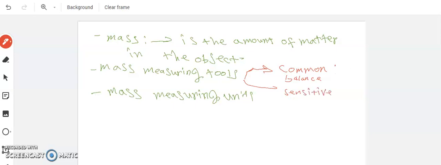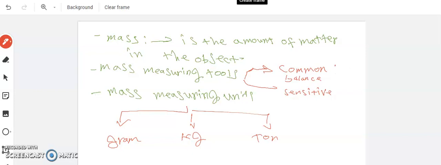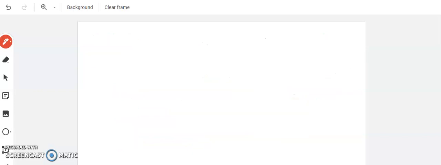It is sensitive because it deals with small masses. Measuring units: gram, kilogram, and ton. My application here for these units: